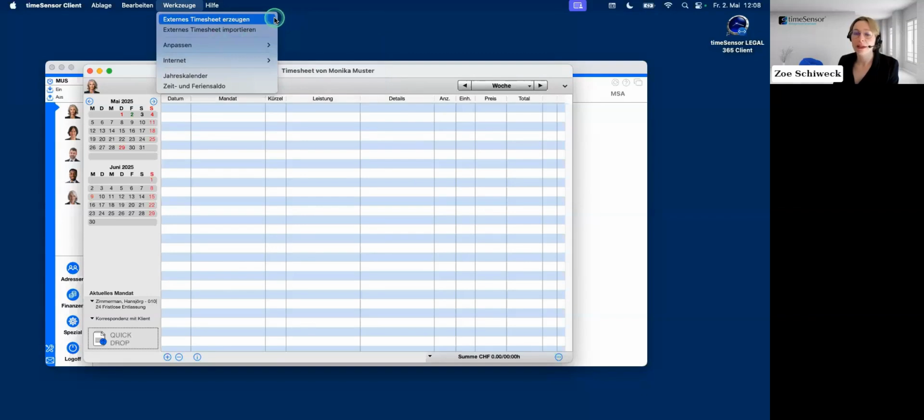With this option, we can generate an external timesheet in Excel format. I don't need to copy all the services for this. I just need to use the function provided by timeSensor Legal 365. So this is very possible. I could also do that. But I could also simply click here on Generate External Timesheet and thereby tell timeSensor to please initiate an export